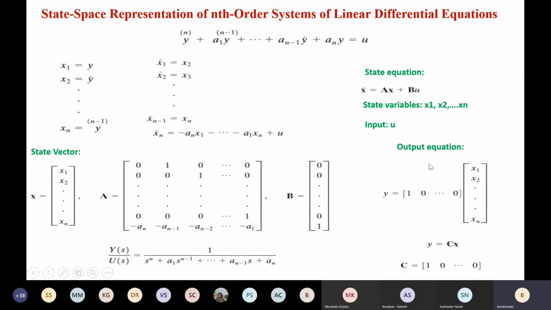and for the output equation, y equals to x1, from this very first assumption. So x1 is nothing but the output. Your output is nothing but the state variable x1, right? So that's why y equals to C into x. For this case, since y equals to x1, this will be a row vector with only the first term 1, all other terms 0, multiplying x1 dot dot xn like this. So I can write it in the y equals to Cx form, where C is this row vector. Is it okay?